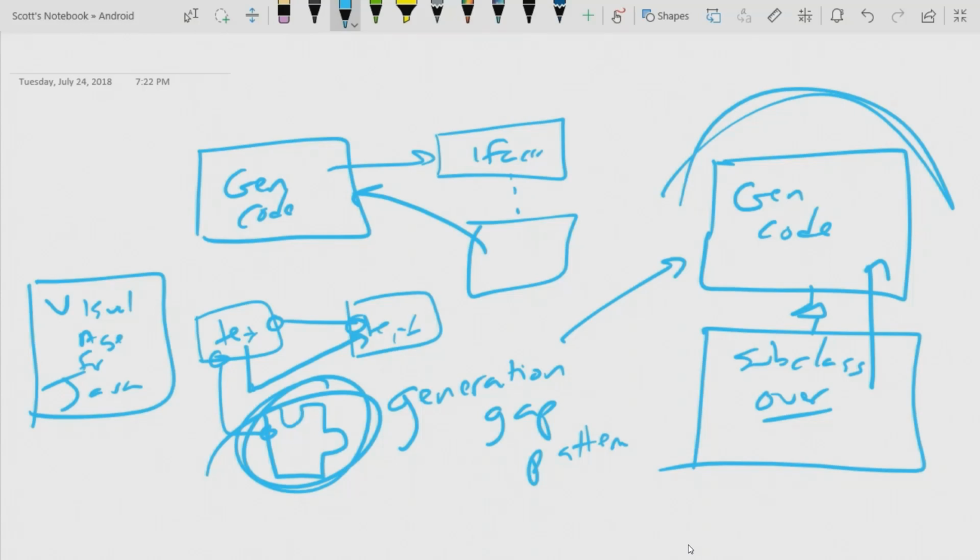So if the code generation is done well, if somebody creating their builder does a really smart job on it, it can save you a ton of time. And you're not tempted to go and edit the XML or edit the code by hand. If it's done poorly, sometimes it's easier just to go to the raw source, which, as much as I hate doing that,